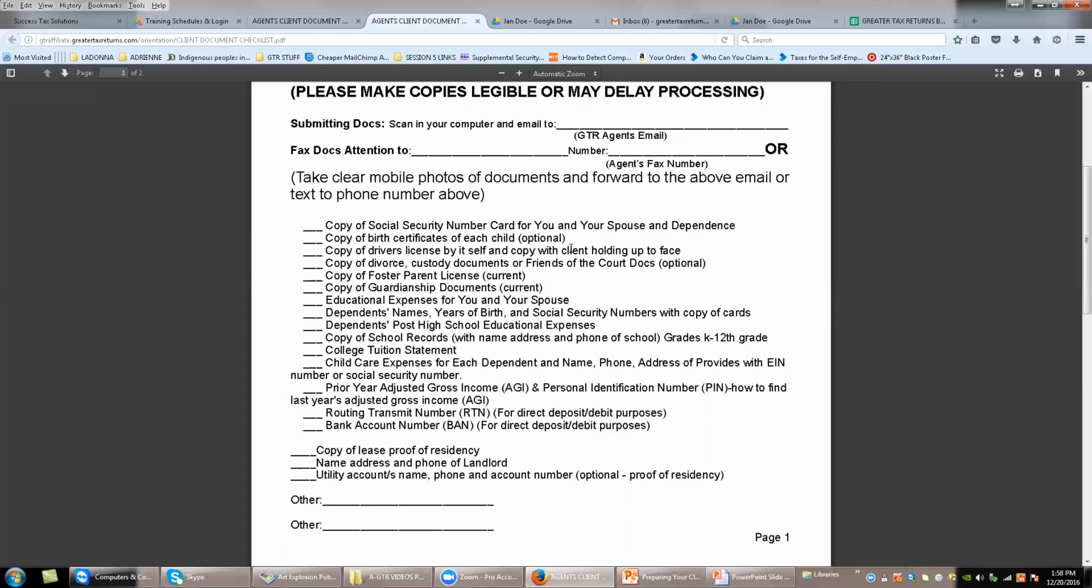It's just heartbreaking. So, I recommend, if you can, get copies of birth certificates. There are agents that automatically, just so we can have it on record, get birth certificates. Okay. Copy of driver's license by itself, and copy with client holding up to face. These are things that we're going to need, and we're going to talk about that and what that looks like